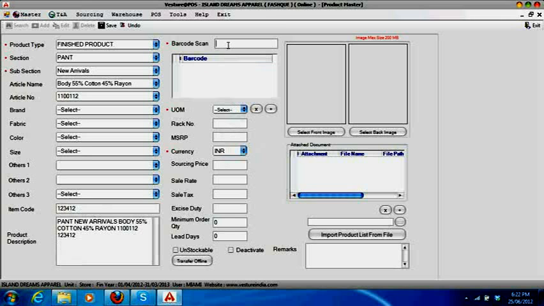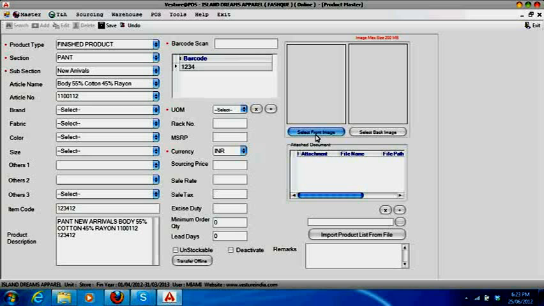Then the barcode number of that product, its unit of measurement, the rack number in which the product has been placed, its MSRP, the cost of the product, its currency, the sourcing price at which we have purchased that product, the sale rate at which we are selling that product, the sales tax if any applicable on that product, excise duty if any applicable, the minimum order quantity that we are ordering comes in this grid, lead dates, the days that are applicable.